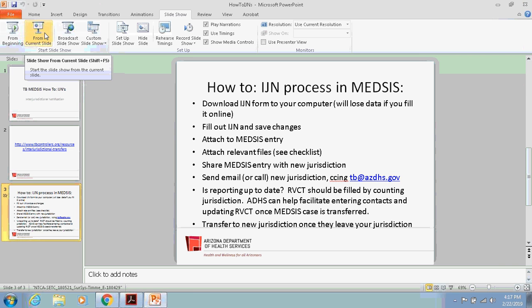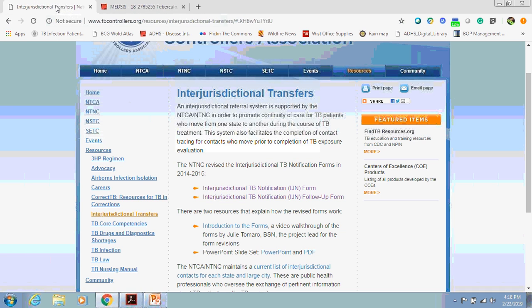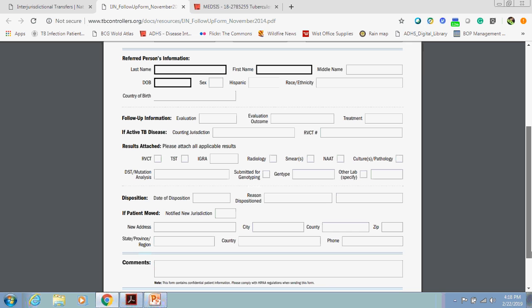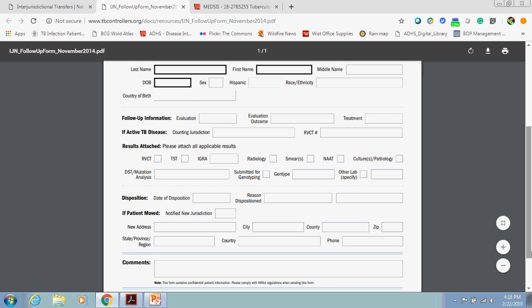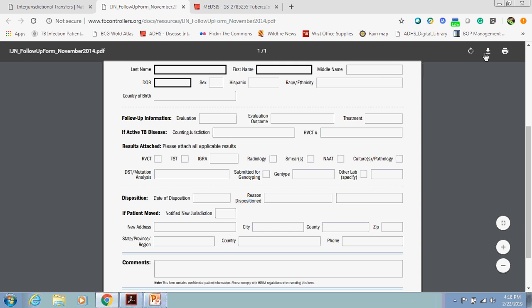And at the end of treatment, or when somebody moves again, you might receive an interjurisdictional follow-up form, or at least you're supposed to get it if they've been transferred out of state. So you should be getting a one-page sheet like this. So when you receive it, just upload it to MEDSIS, or if you need to send it to somebody, what you would do is, again, you would find it on NTCA website. You would click on it, you would download it, fill it out, attach to MEDSIS, and if it's outside of Arizona, you're going to have to fax it too, but this is just a way to